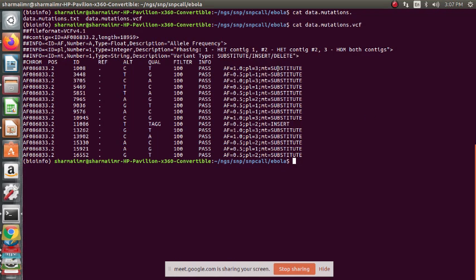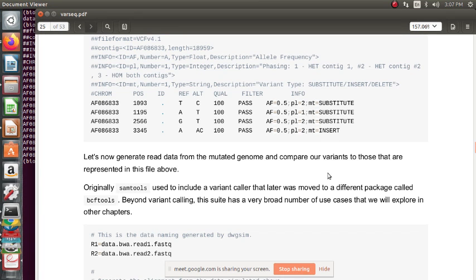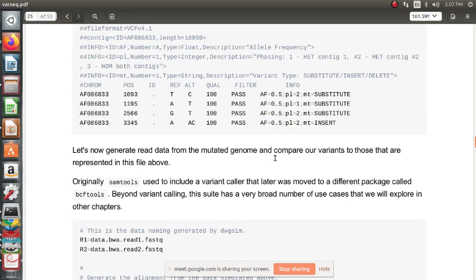And this is substitution. If you see this carefully, this is a reference base, this is the alternate base, there is an insertion of AGG, so this is an insertion. This is simulated from the Ebola genome, which is going to be the same as 18.959 kilobases. This is basically a randomization operation, just like we did for MSbar. We cannot be sure which particular mutation will happen at a particular run of the command. Depending on how the command randomizes at a particular instant of time, we will get completely random VCF files.